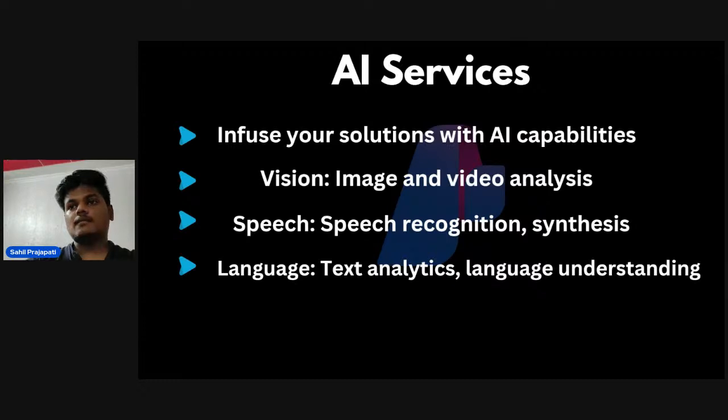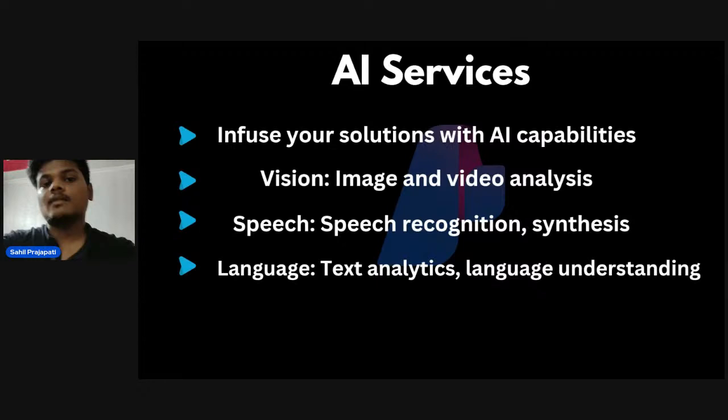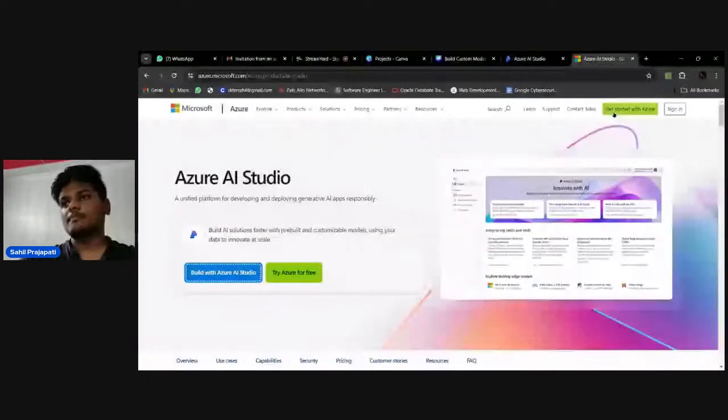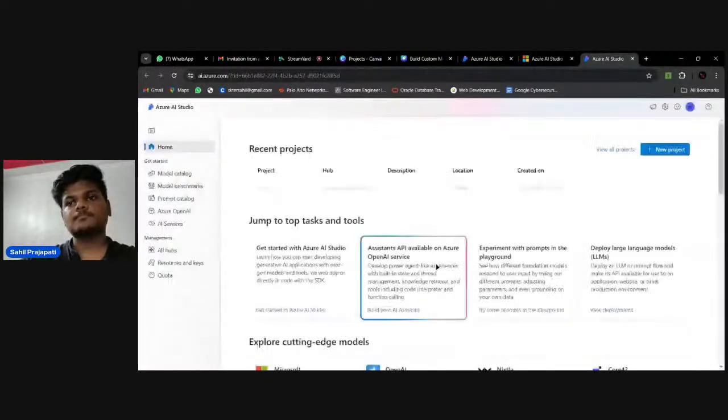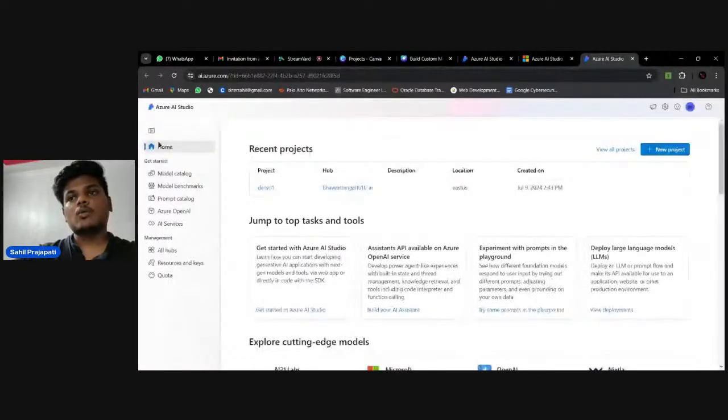So now let's have a look at the Azure AI website. So this is the Azure AI website. This is the Azure AI account from the topmost button. Get started with Azure AI or try Azure for free. I have already made an account, so I'm going to directly click build with Azure AI Studio. So let's go to it. Here you can see the things that I have mentioned: model catalog, model benchmark, prompt catalog,